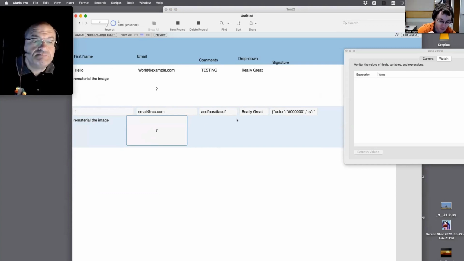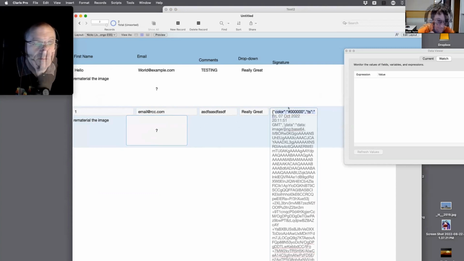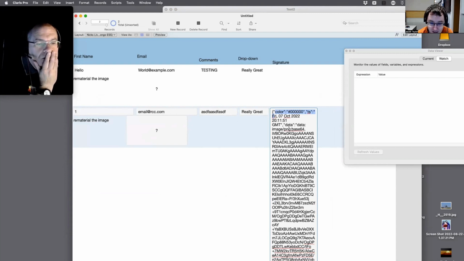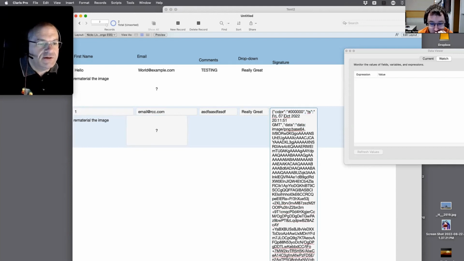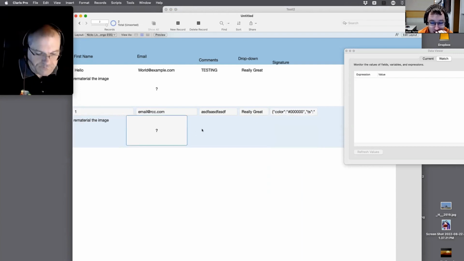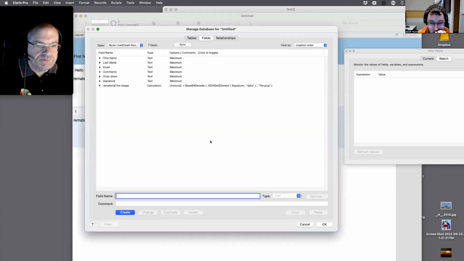Go look in your JSON. Take your data:image/png off the front. So we told it to get JSON get element, and get element's not working, right? No, you have extra stuff at the front. Remember how we took it at IVBOR right there? So delete part of it.